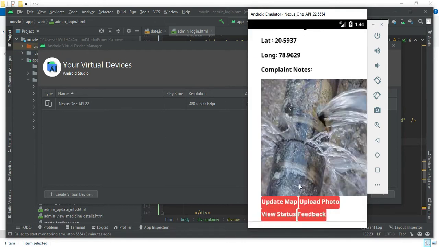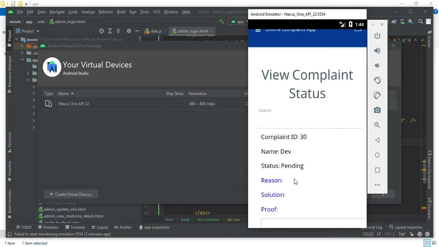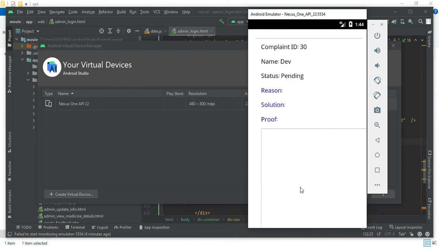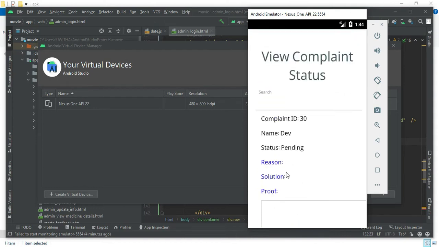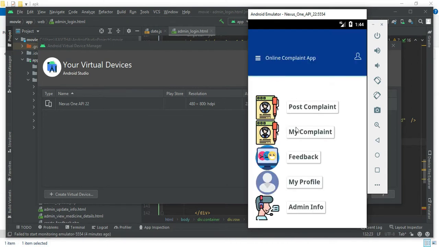Now the image is updated. You can see the image over here, and the status is currently pending. Once they resolve it, the officer will post the reason and solution, and as a proof they will upload another image from the officer side.